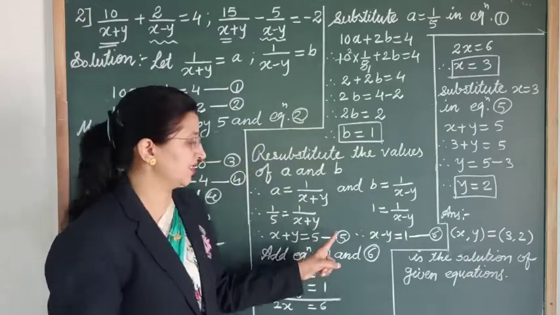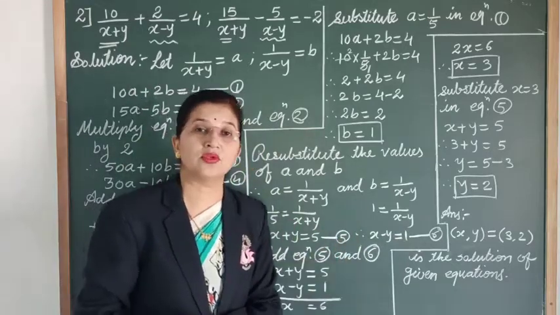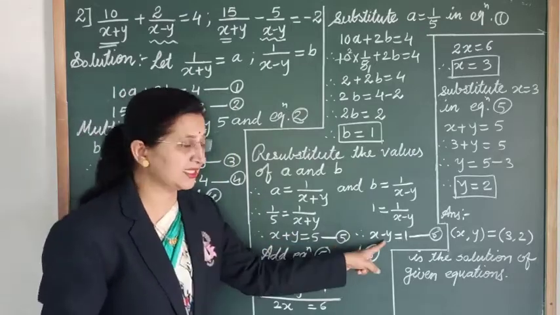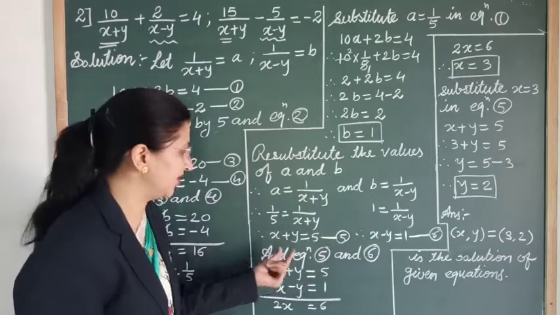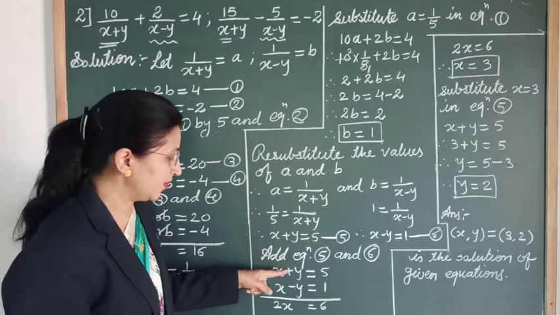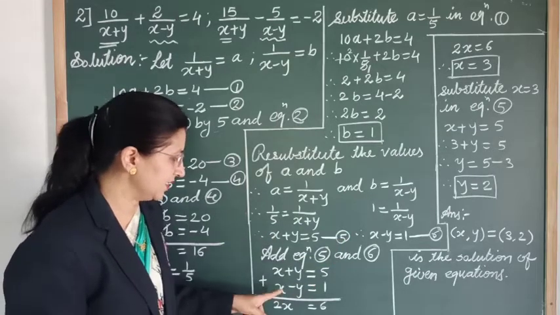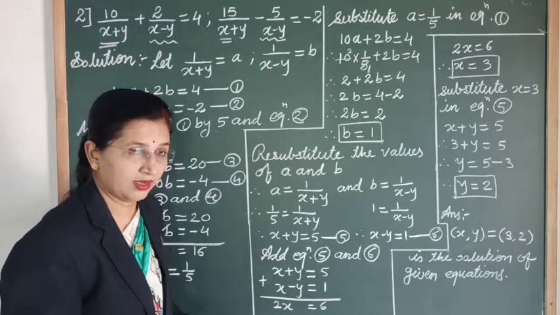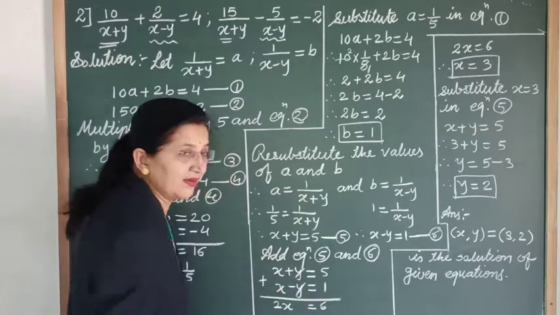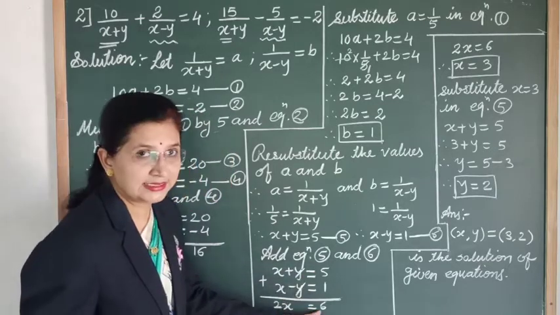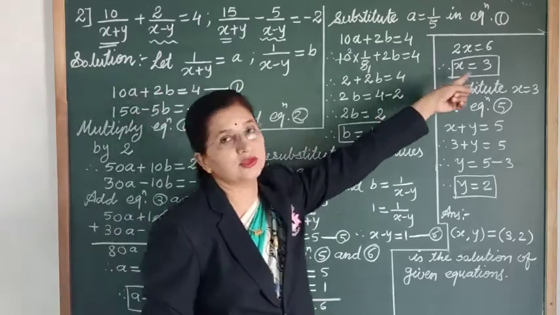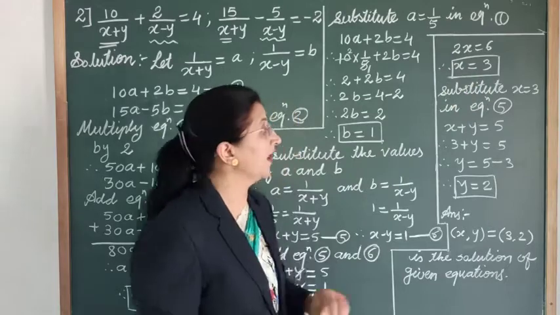So these both equations, equation number 5 and 6, now we have to solve for the values of x and y. So easily we can see that the coefficients of y are the same. Okay, and opposite sign is there, so easily we can cancel that. So add equation 5 and 6. What is our equation 5? X plus y is equal to 5, and equation 6, x minus y is equal to 1. So here x plus x, that is 2x. Here positive y, negative y will get cancelled. 5 plus 1, 6. So 2x is equal to 6. Okay, therefore x is equal to 3. So in this way we got the value of x as 3.